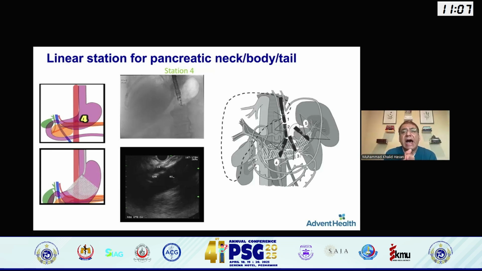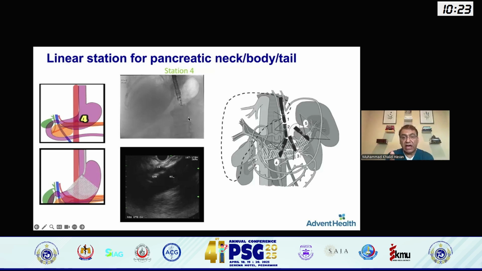For me, I have my own different approach. My stations start as the stomach, duodenal bulb, second part of the duodenum, and then esophagus or mediastinum. For me, the first station is always below the GE junction, going into the stomach. But follow an approach which suits you, and follow the same approach every single time for every single patient. Keep repeating, so it becomes a habit like riding a bicycle or driving. You don't have to think; it becomes a habit, and you follow the same pattern every single time.